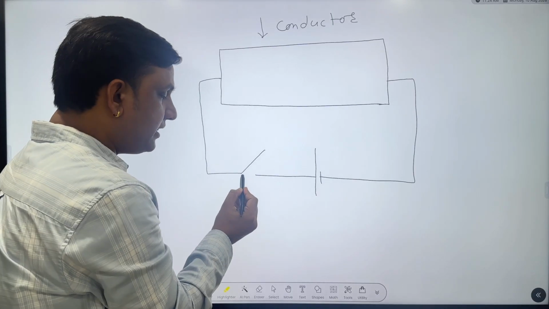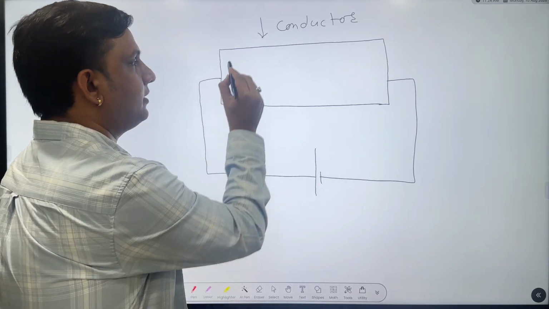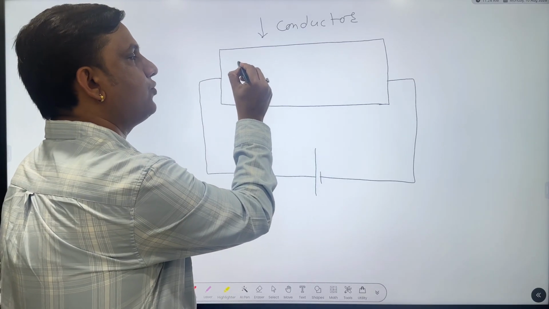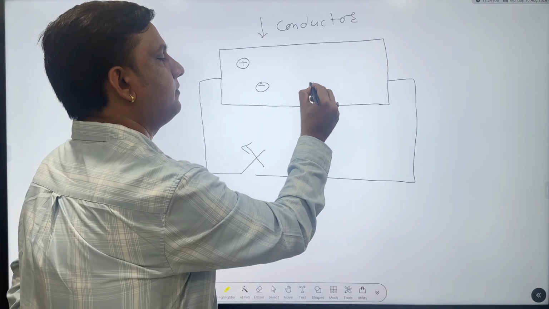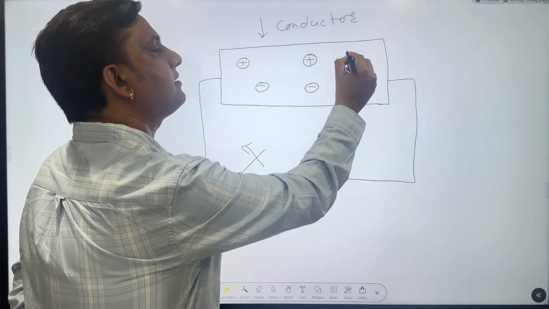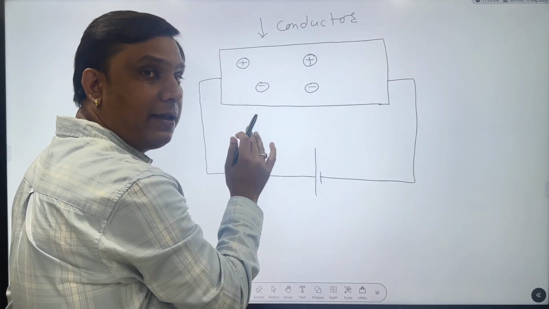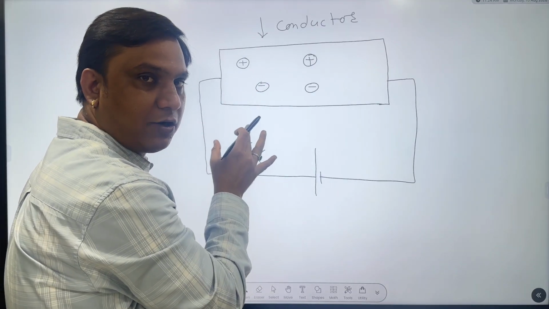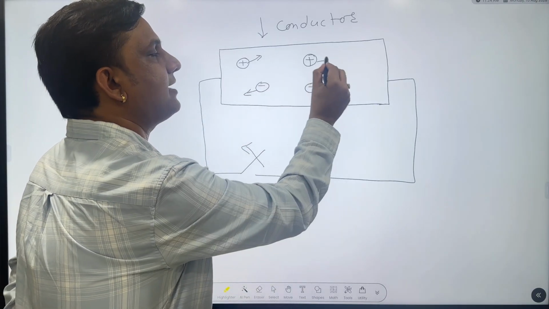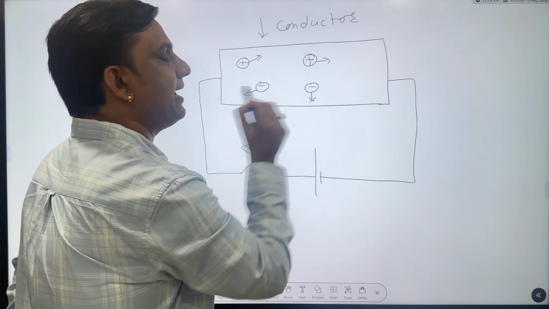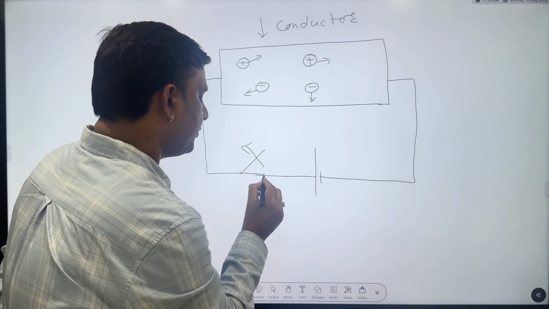In this situation, when the switch is opened, we can say inside the conductor there are charges. As we know, there are positive charges, there are negative charges as well, and there are some neutral charges as well, but these charges do not have any force acting on them, and they are moving in certain directions. The direction is not fixed, they are moving in any direction. What happens here is, the moment we close this switch,